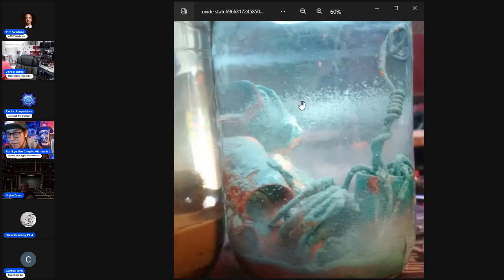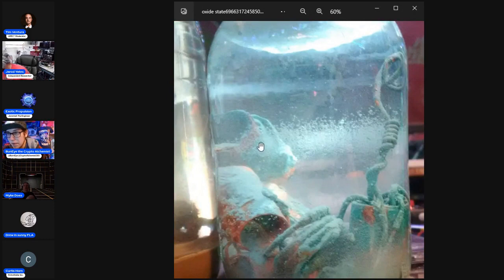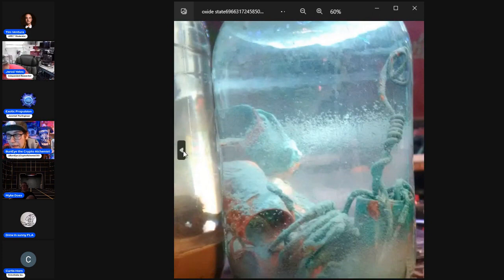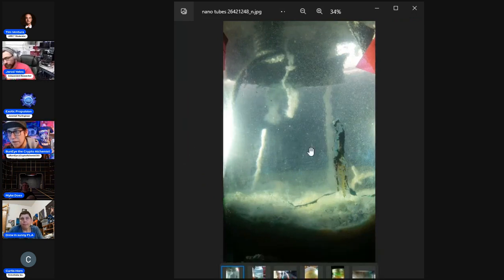Here again, just pure copper sealed in that pink red active state. And this cloud right here halfway up the jar, that's actually floating, or suspended, I should say, copper or copper oxide, most likely, as it's blue, and it will just stay in this exclude or form these different exclusion zones on the top half and usually the bottom half, and then a divider in the middle. This is the fourth state of water that Gerald Pollack talks about so much,